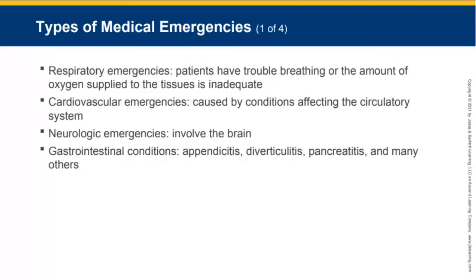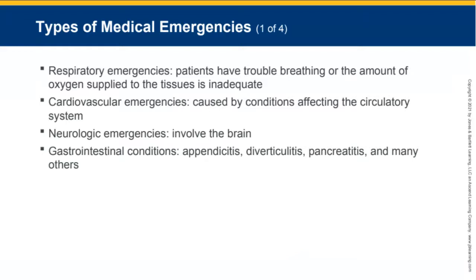All right, so there are different types of medical emergencies. You have respiratory emergencies. That's when the patient is having trouble breathing or when the amount of oxygen supplied to the body tissues is inadequate. You also have cardiovascular emergencies that are caused by conditions affecting the circulatory system. And we see this a lot during congestive heart failure or myocardial infarction. Neurologic emergencies, those that involve the brain, like seizures, fainting,